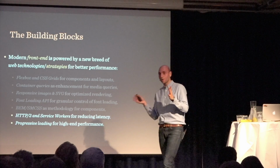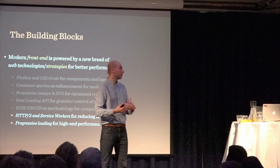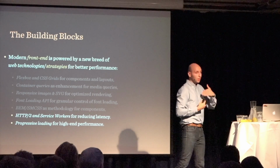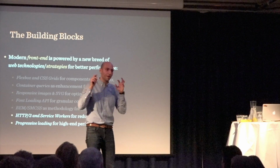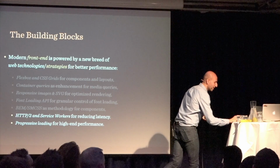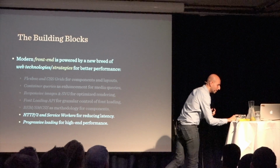Basically, a service worker is a proxy engine running between the browser and the server. You can cache everything properly and do all kinds of things, like intercepting requests. It's amazing. And on top of this, you can also use progressive web apps, which is just service workers plus a little bit of fancy stuff like push notifications. I'm finished, don't worry. So service workers and HTTP2, really important. With this in mind,